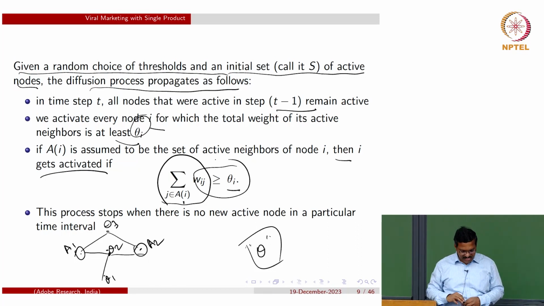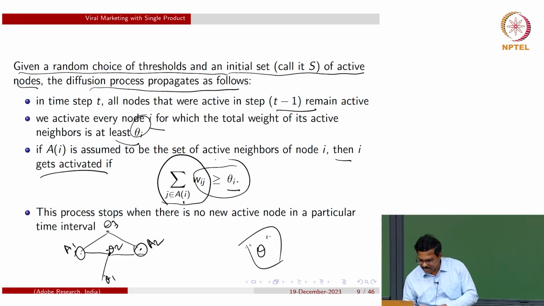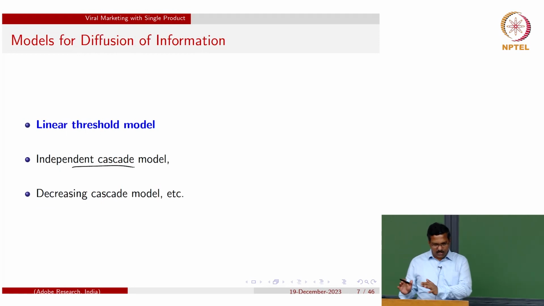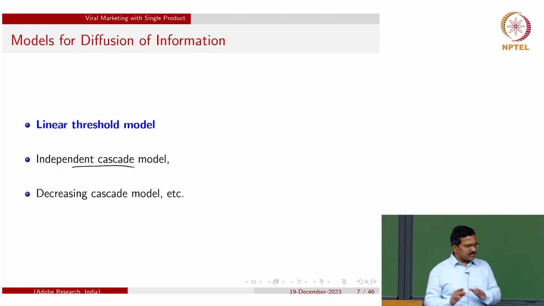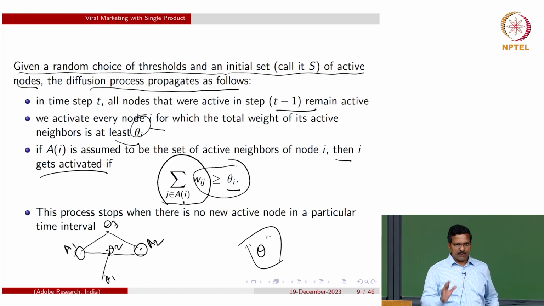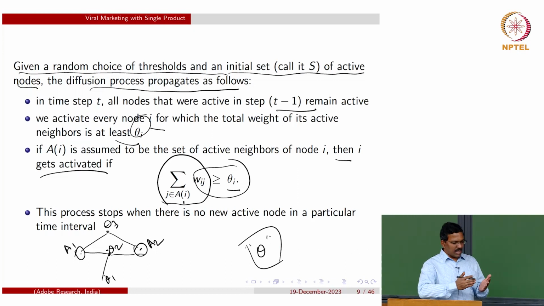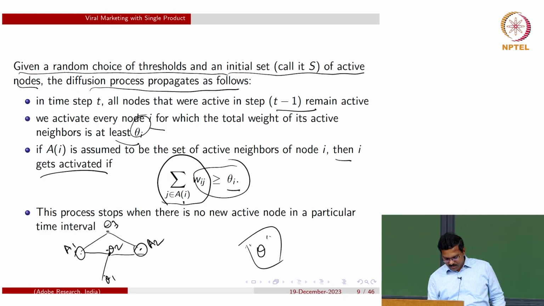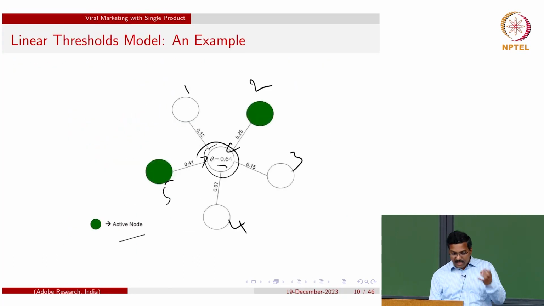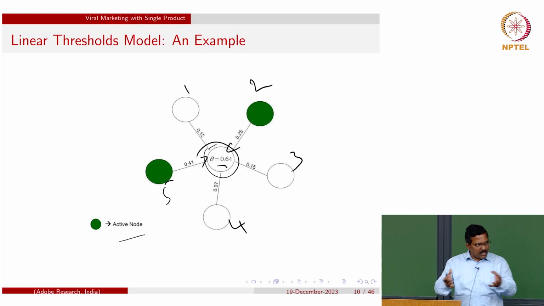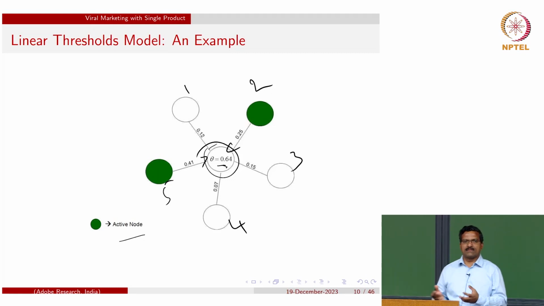There is something called the cascade model actually. There is one more, the independent cascade model. It also has its own similar definition. I don't want to load you with all these different definitions, but it has its own definition like the linear threshold model has here. The purpose of all these models is just to capture how information moves from one node to another node in a given network. So it's a random process actually, and the algorithms to detect the most influential k nodes should depend on this underlying model.